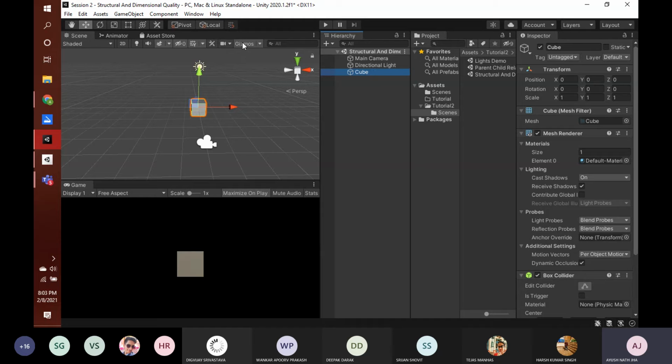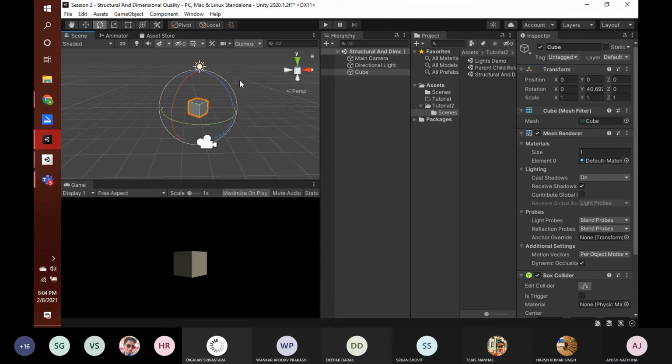Now if I try to drag and rotate this, see how the way the light falls on it makes an impression that this has been rotated, and this is one face and this is the other face, right? Did you observe the difference? What happens in the presence of light? How does it depict the structural and dimensional qualities?